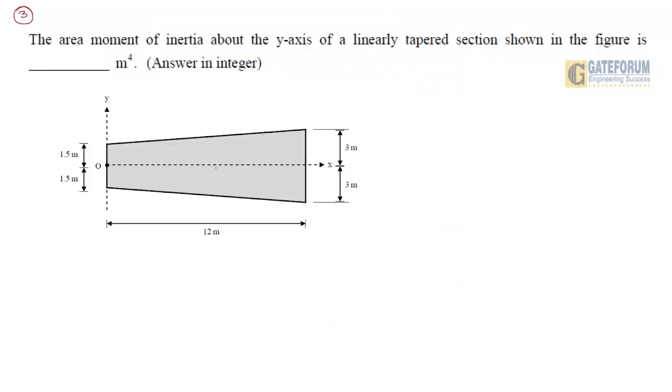The area moment of inertia about the y-axis of the linearly tapered section shown in the figure is dash meter to the power 4. Answer in integers. A tapered cross section is given to you, where the total width is 6 meters, tapered down to 3 meters, and the length is around 12 meters, right? So what happens? This is symmetrical about the x-axis, am I right? So when I draw the diagram for this,